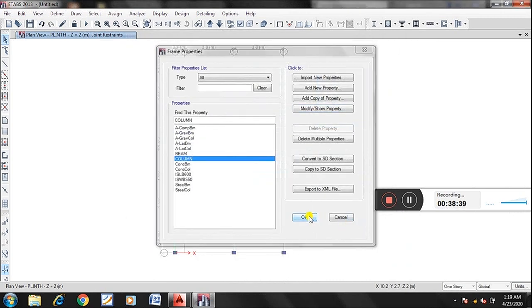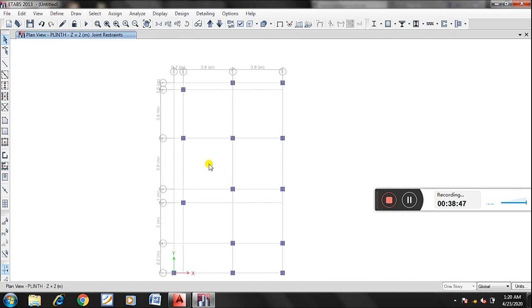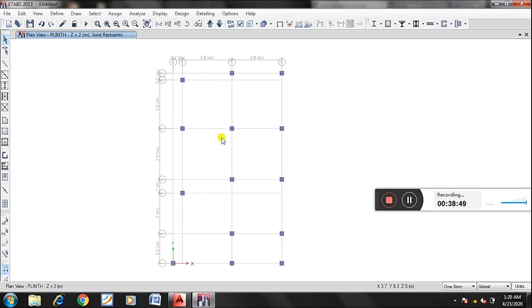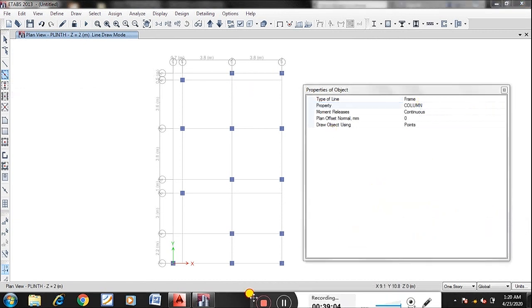Now what I will do, I'll join all the beams wherever I want. I can join the beams at plinth level. Now whatever the beams I'll join at plinth level will be same for roof level also. So I'll go for quick draw beams. I'll choose beam.